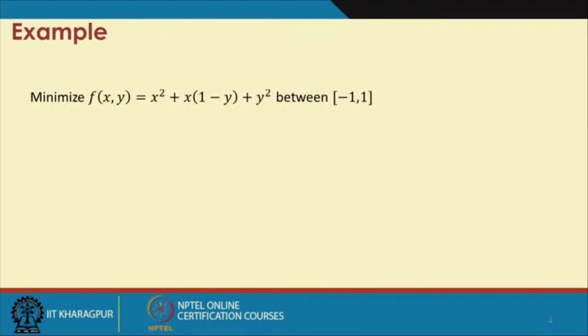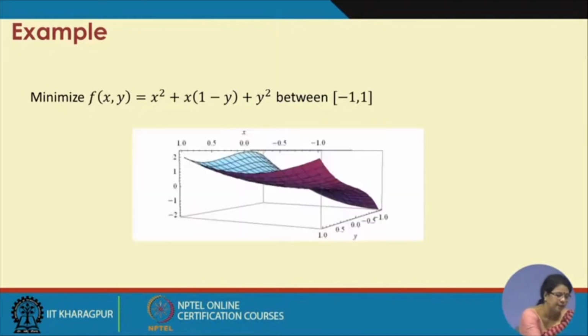Now, for doing that, I have taken one example. Just see the example: we are trying to minimize f(x, y) = x² + x(1 − y) + y², and we need to find the minimum value of the function within the range −1 to 1. Now, if you see the pattern of the